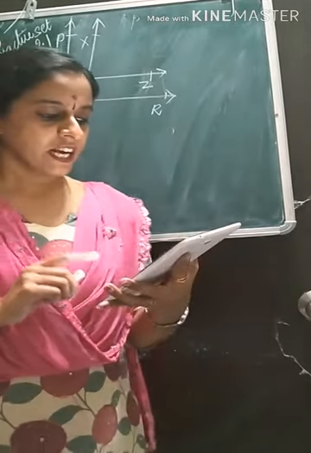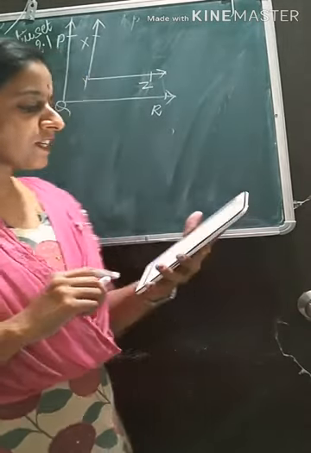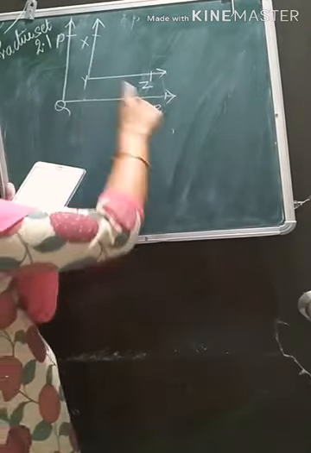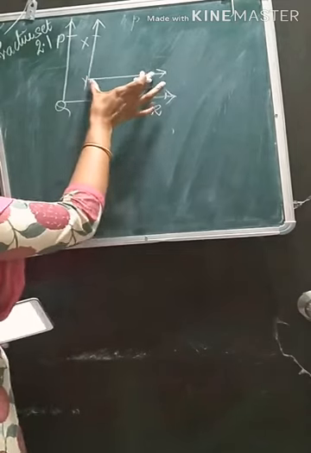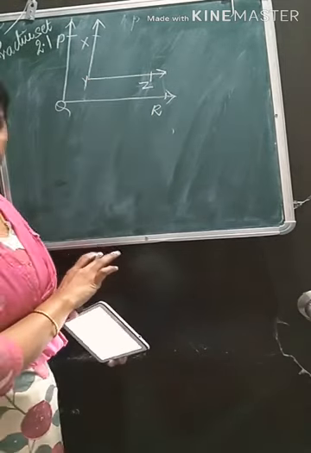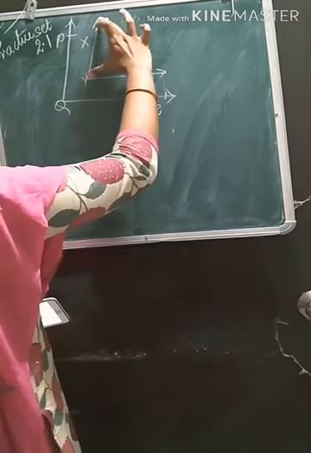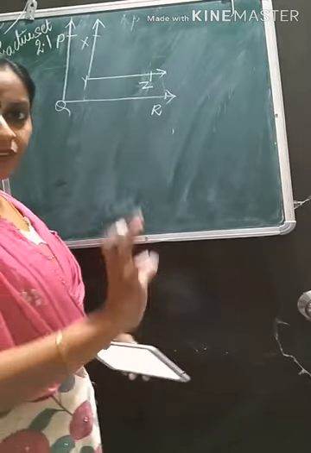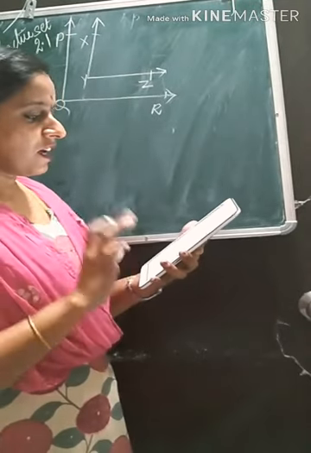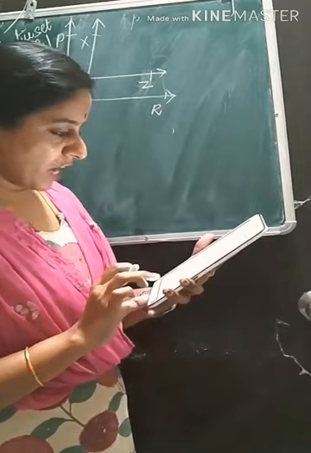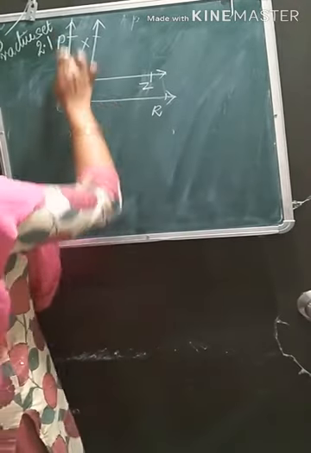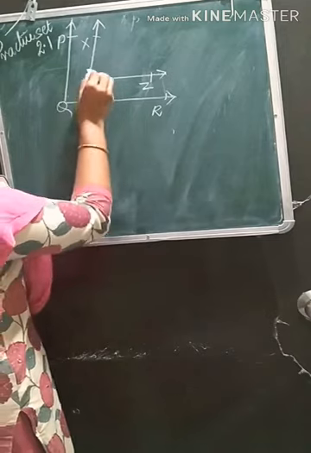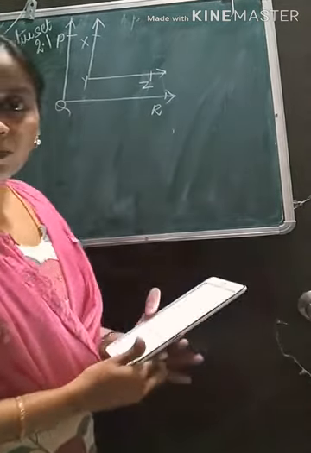We have in the figure 2.8, sides of angle PQR and XYZ are parallel to each other. That is, YZ is parallel to QR. These are the sides of the angle. XY is parallel to PQ. They both are parallel. They are asking, prove that angle PQR is congruent to angle XYZ. That is what we have to prove.